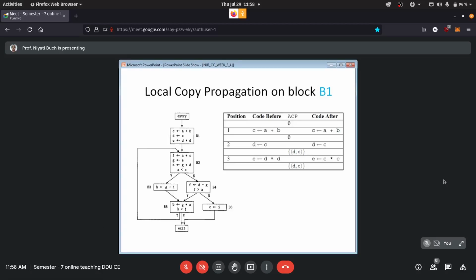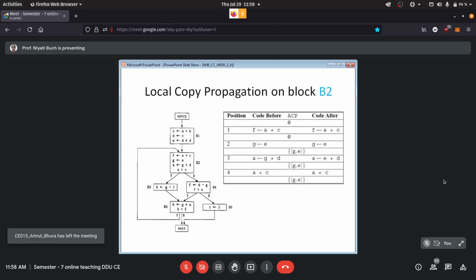So our code becomes C into C assigned to E. So we have applied local copy propagation on block B1. Getting this? Yes? Okay.